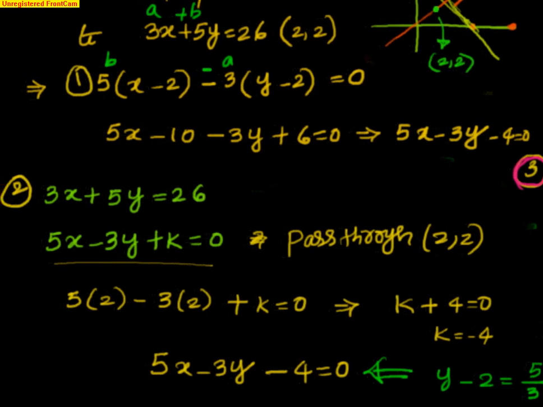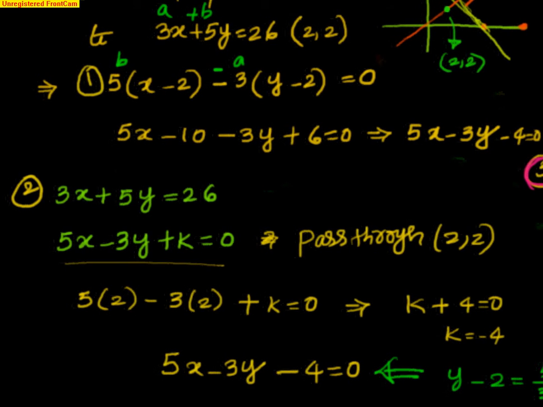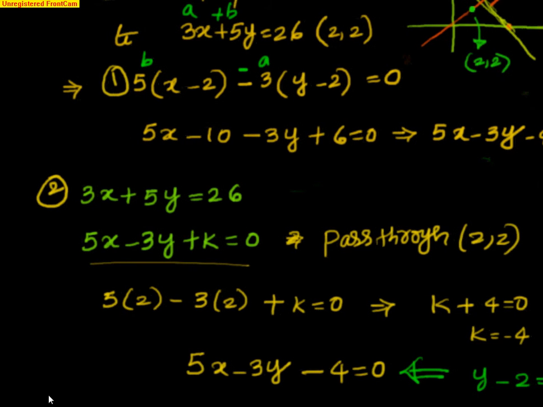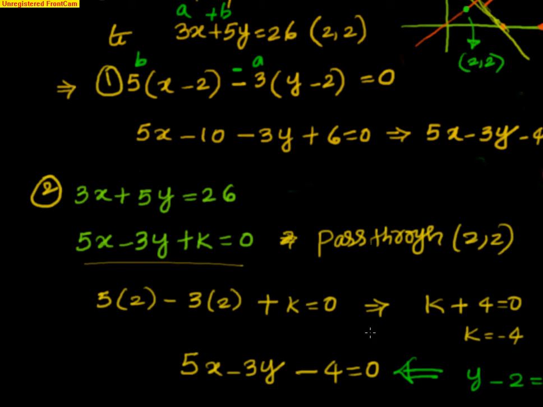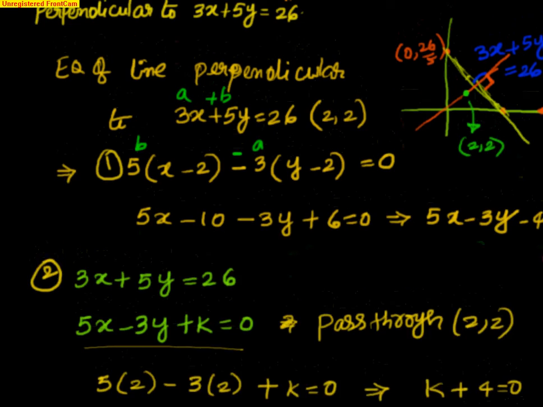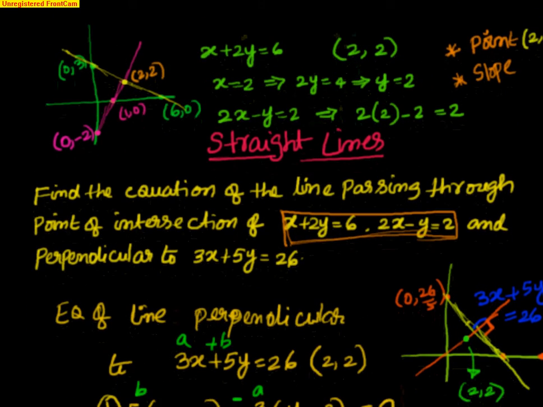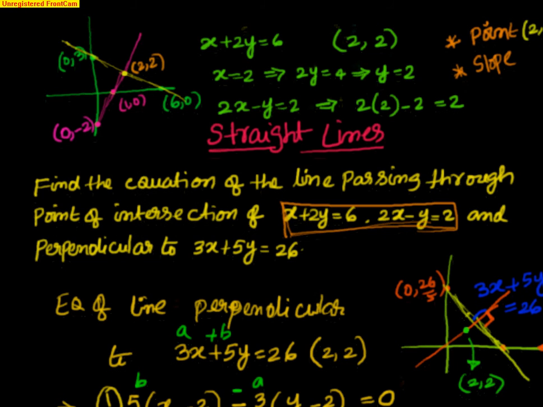Exactly what you are doing is nothing but, at concept level, equating the slope of the perpendicular line to whatever you have with the generic point x comma y and the point you have been given, 2 comma 2. There is nothing great there. Whatever method you feel comfortable with, you can do that. Okay. So let me just summarize this problem, what we have done, before winding up.